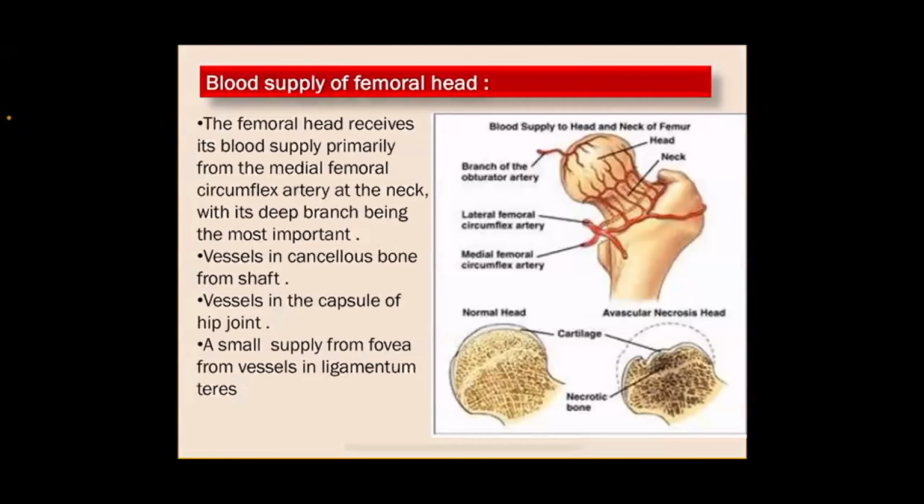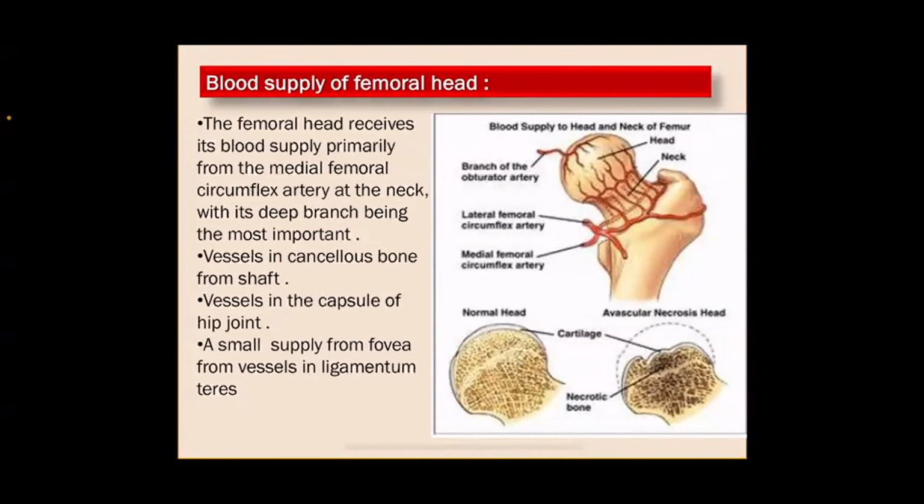The blood supply of the femoral head. The femoral head receives its blood supply primarily from the medial femoral circumflex artery at the neck, with its deepest branch being the most important. Also, there are vessels in cancellous bone from the shaft, vessels in the capsule of the hip joint, and a small supply from the fovea, from